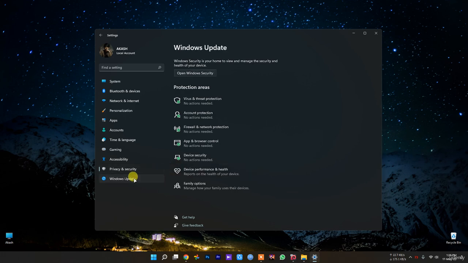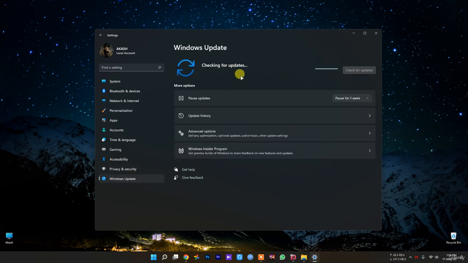And one thing is you should always update your Windows, and this is a must. Updates happen automatically, but depending on the update or how the device is configured, they don't always download and install as soon as they become available. So if your computer is running slower than usual, it could be that an update is available to improve performance. As you can see in my Windows 11, my Windows is pretty much updated today, so I don't need any update. So make sure you keep your Windows updated to the latest version,